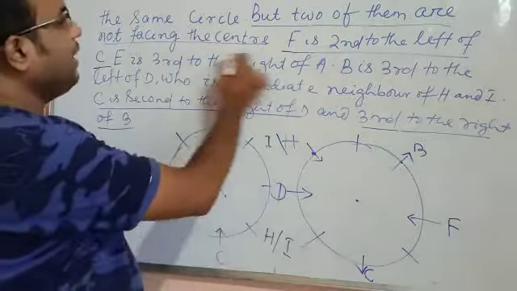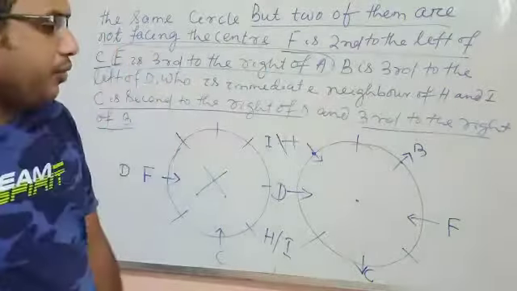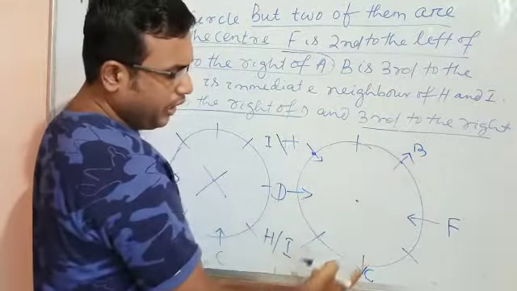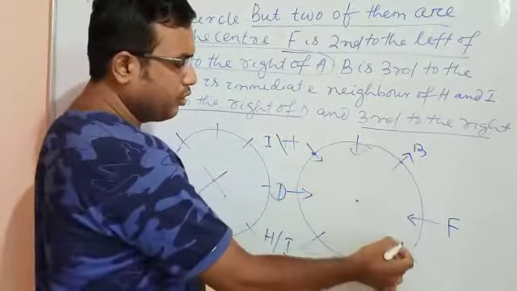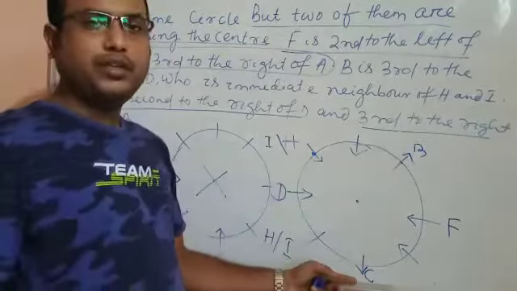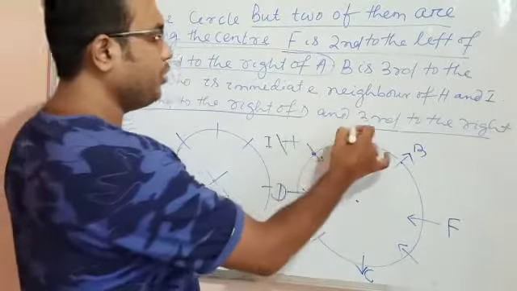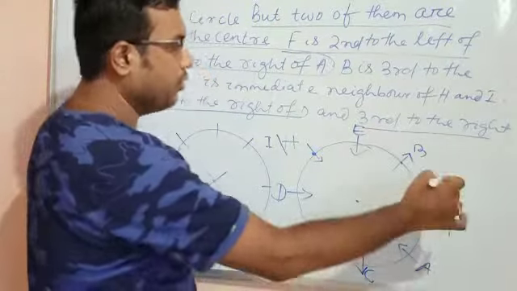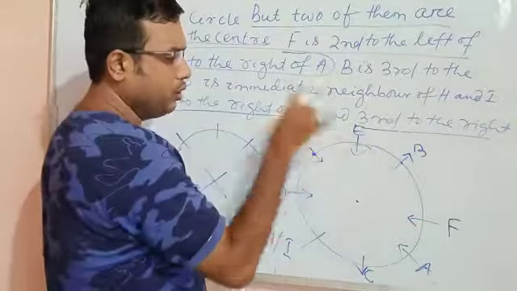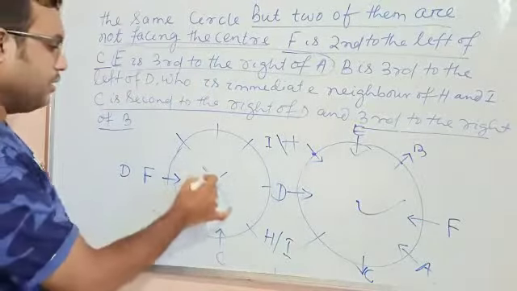Then back to the second line. That means E is third to the right of A. E is third to the right of A. You know only two members are facing outside. That means all other members are compulsorily facing towards what? Center, right? B and C both are facing outside. Then all other members are facing inside. Now put E here. If you put A here, that means E is third to the right of A. 1, 2, 3. Right. So I think this is your correct diagram, and this diagram is cancelled.